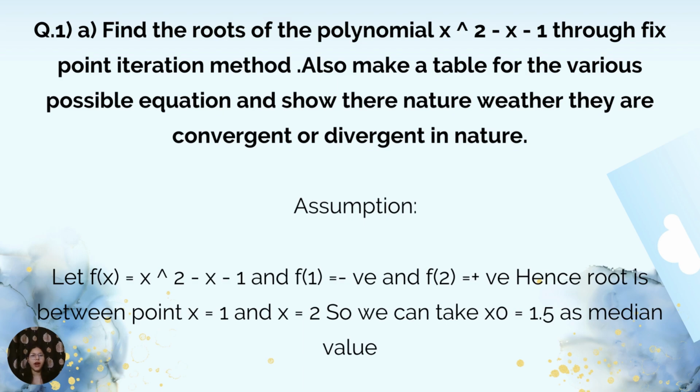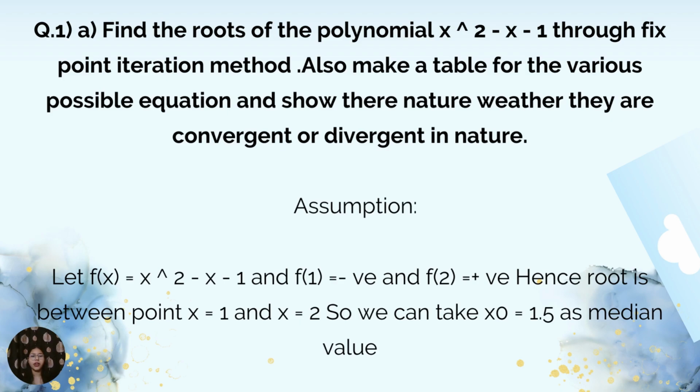Question number 1. Find the roots of the polynomial x square minus x minus 1 through the fixed point iteration method. Also make a table for the various possible equations and show their nature, whether they are convergent or divergent in nature. Let's take assumptions. Function f of x is equal to x square minus x minus 1, and function f